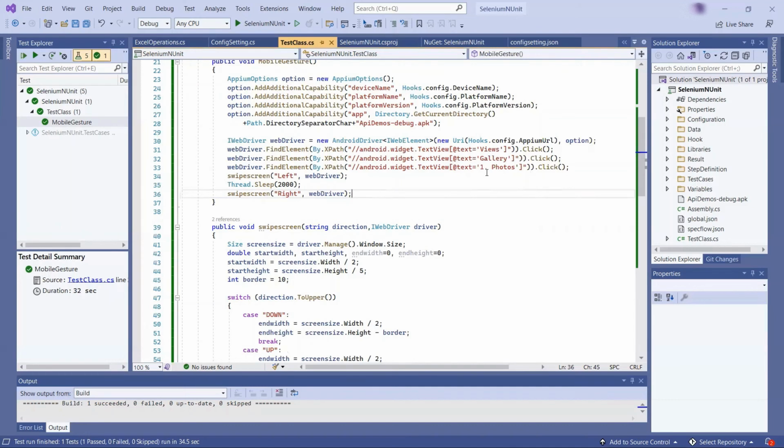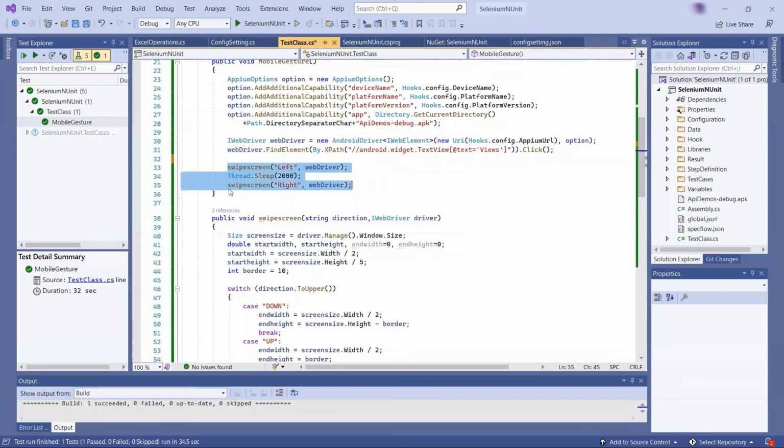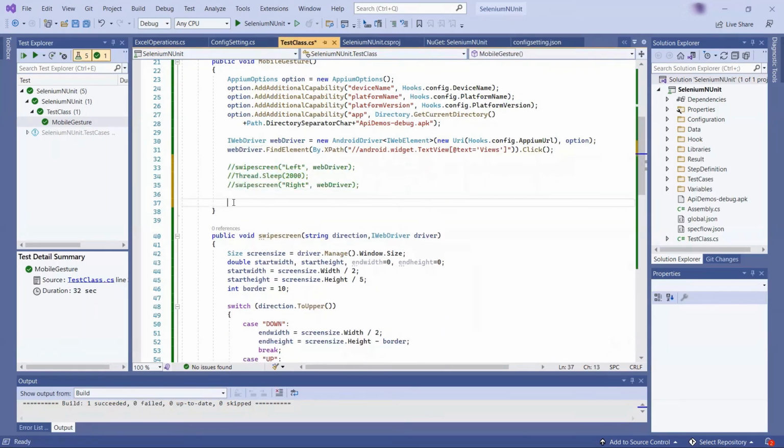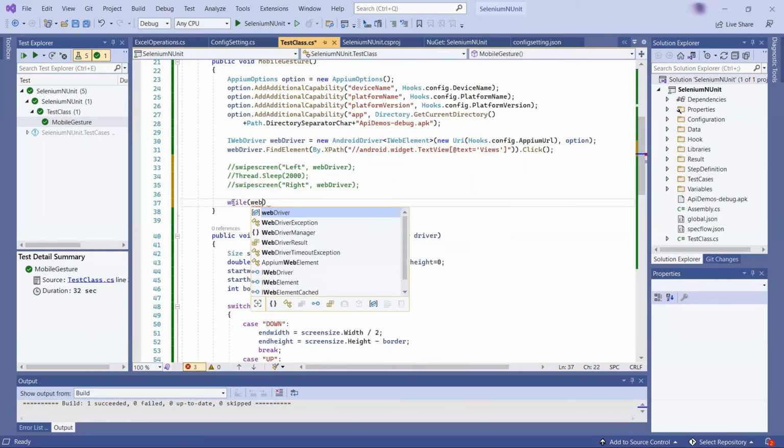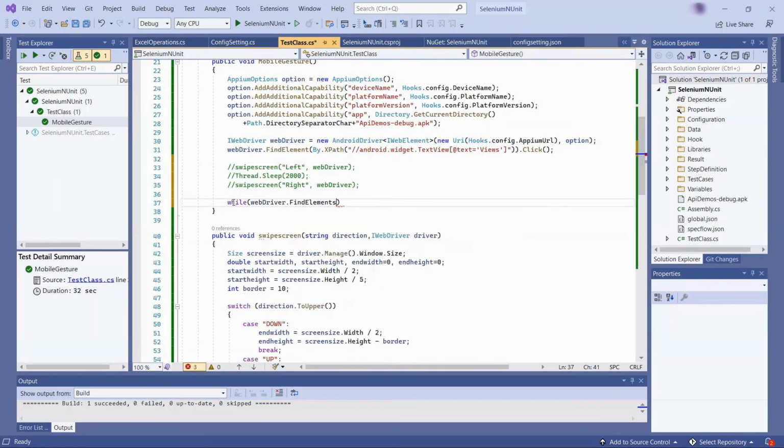So let's remove this code. And then I'm going to create a while loop, which will run until we get our element. So I'm going to put the condition as findElements.count is equal to 0.